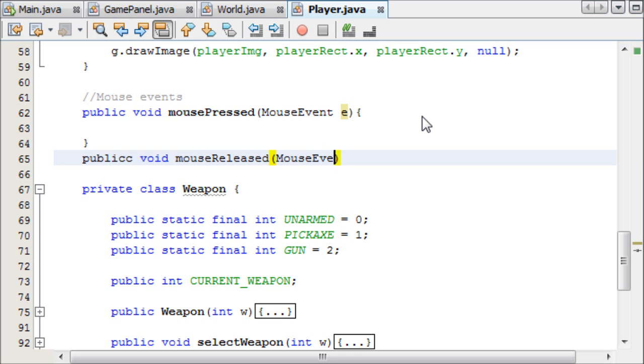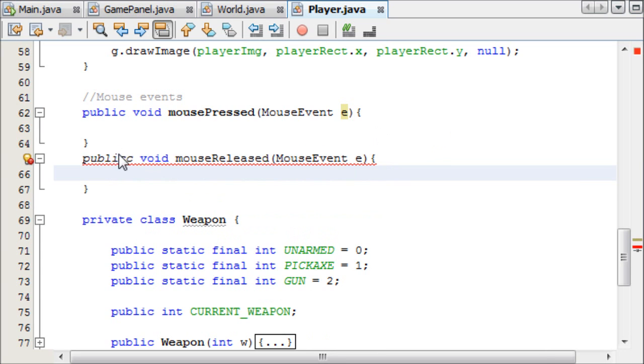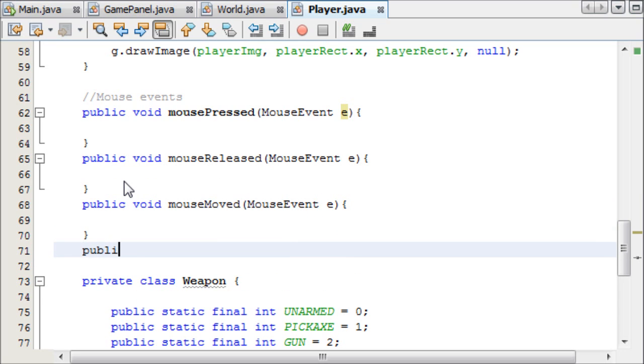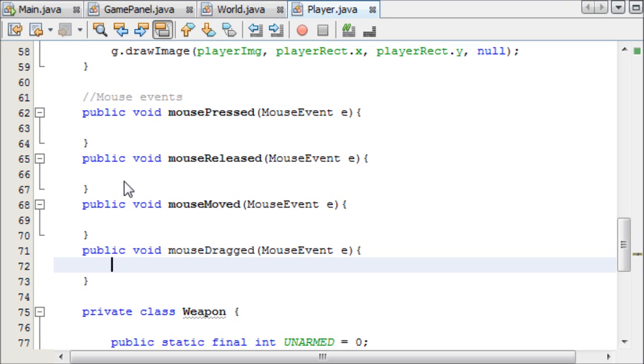And then there's public void mouse released, mouse event E, and then there's public void mouse moved, mouse dragged, although I don't think we'll be using mouse dragged. Okay, now that we've set up these, mouse press, mouse release, mouse move, mouse dragged, we can start programming them. So, first things first, let's